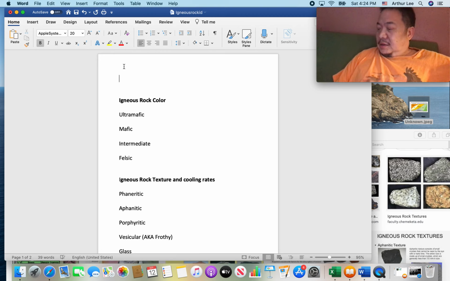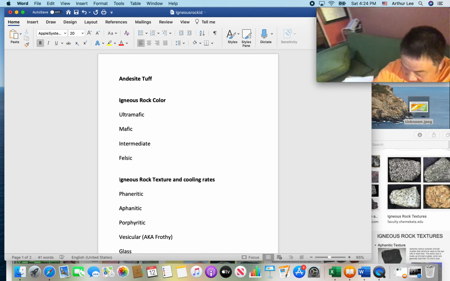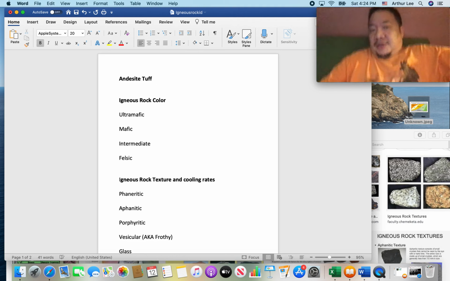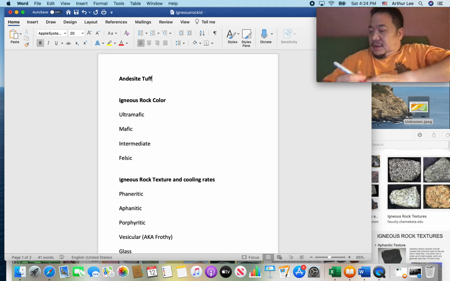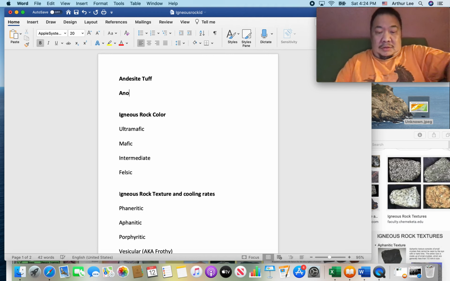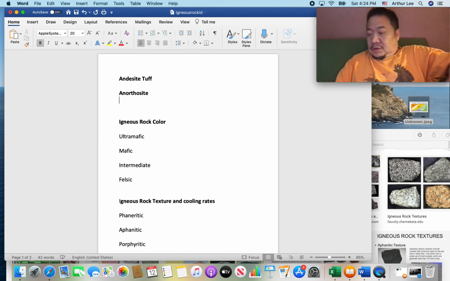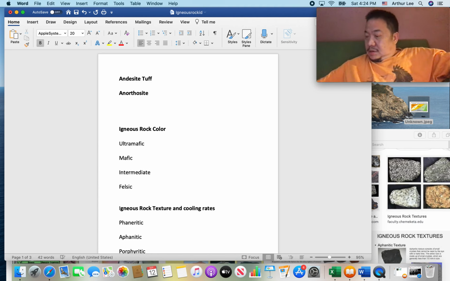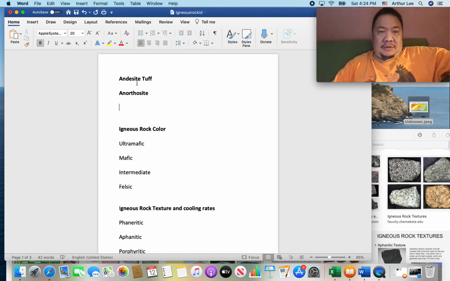You're going to get Andesite Tuff, and let me make a list here real quick. You're going to get Anorthosite, you're going to get Rhyolite,